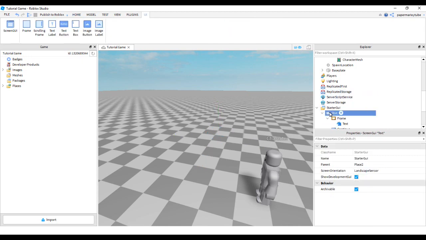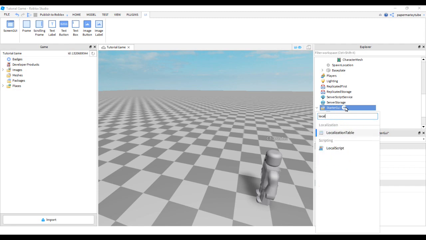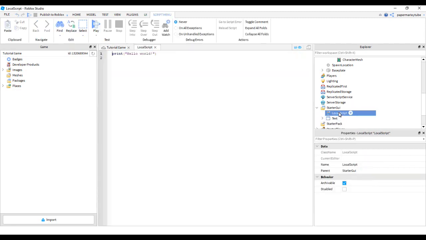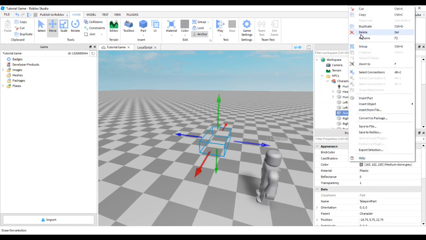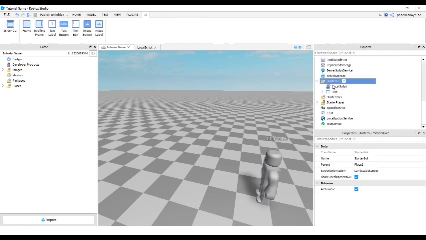Now we need to get to the actual scripting. So what you're going to want to do is in the starter GUI, you're going to want to add a local script. So actually this teleport part up here is optional. We'll worry about that later. So for this local script you're going to want to make wait 1, and then you're going to want to make some locals. Local, we're going to do local